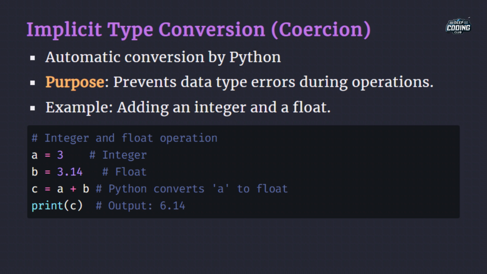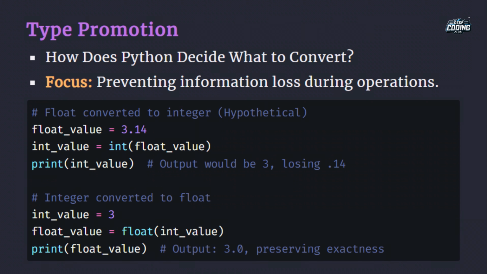You might be wondering why the int a is converted to float like b, rather than converting the float to an integer. Actually, this behavior is based on a principle that is called type promotion, where Python aims to prevent information loss during its operations. So converting a float to an integer would involve truncating the decimal part, and that will result in a loss of information. For example, converting the float 3.14 to an integer would result in 3, losing the information contained in that 0.14